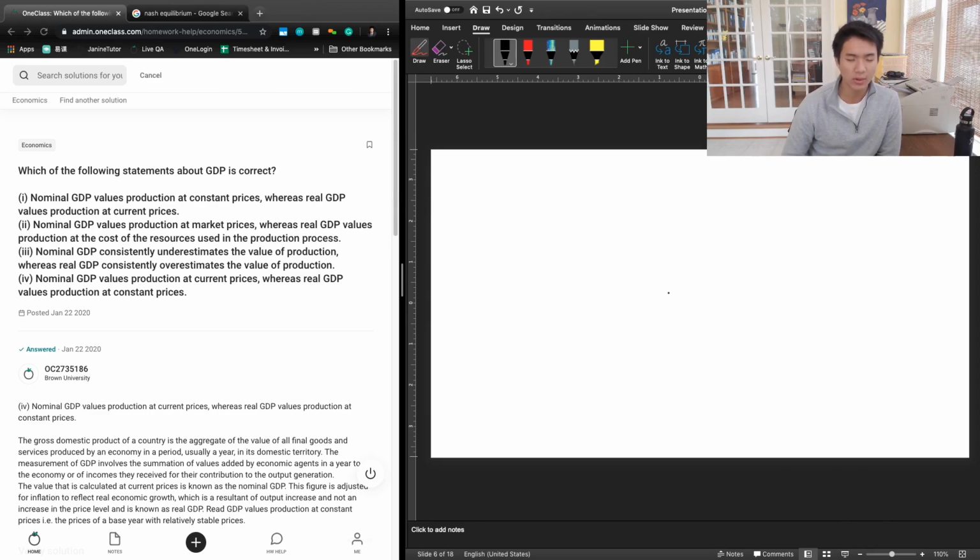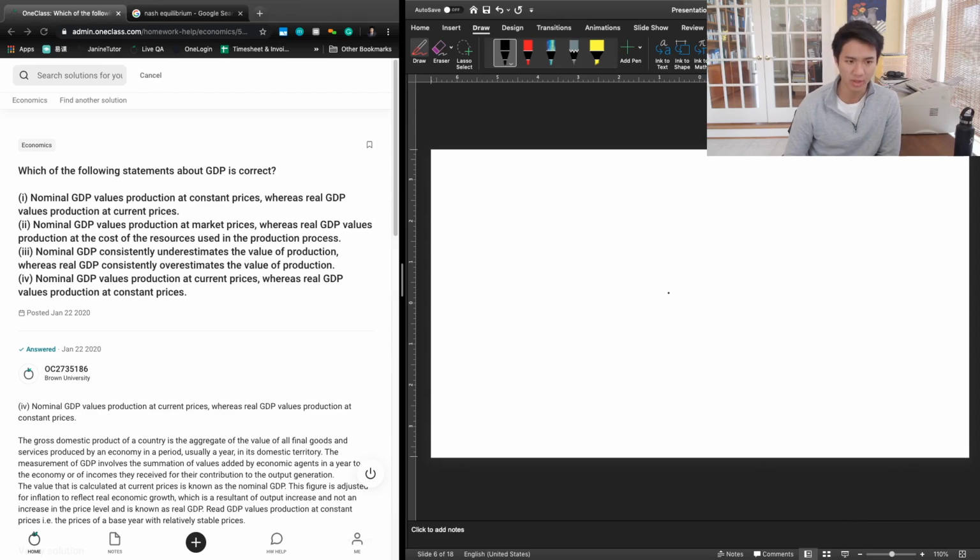So let's say we only care about prices as they were last year, regardless of whether this is this year, last year, or the year before. And so the price for a loaf of bread is going to be $5 no matter what, even if this year it's $7 or $4. We're going to hold it constant at $5, and we only care about changes in production quantity, right? And so in that sense, real GDP is keeping prices constant and ensuring that changes in real GDP are reflections of changes in overall